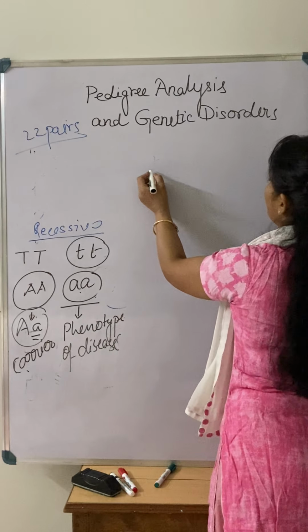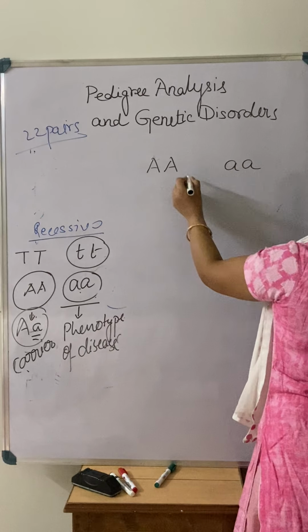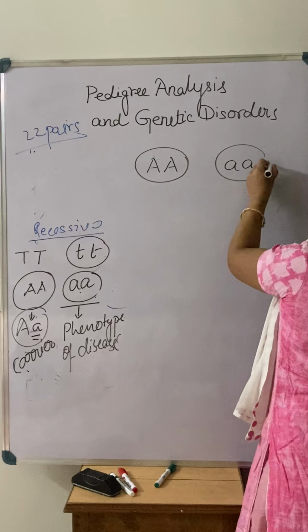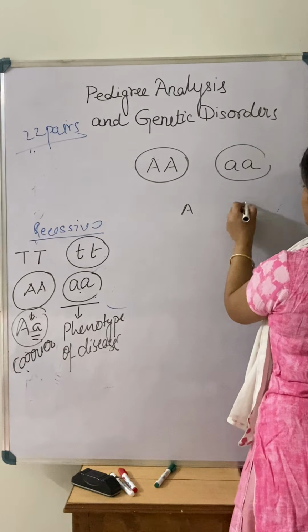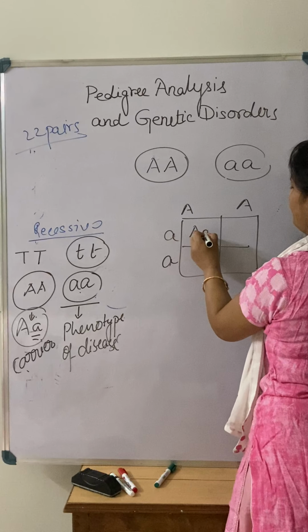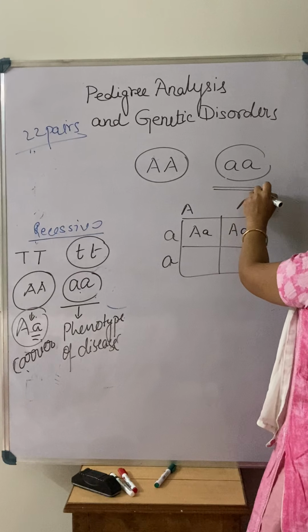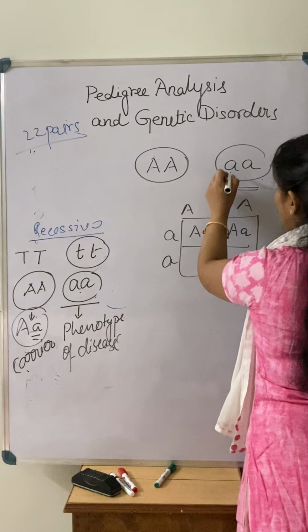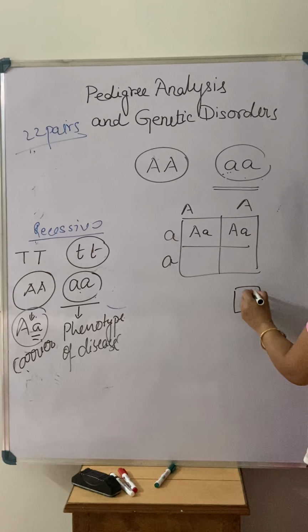For example, one of the parents is showing this phenotype that I have shown you earlier also, right? So in that case, this is the gamete formation, meaning gametes will separate, and this is the gamete of this parent, and there is a fusion. One of the parents is affected with the disease. So when I draw the pictorial representation, I will draw one of the parents like this, meaning the parent is affected, right?